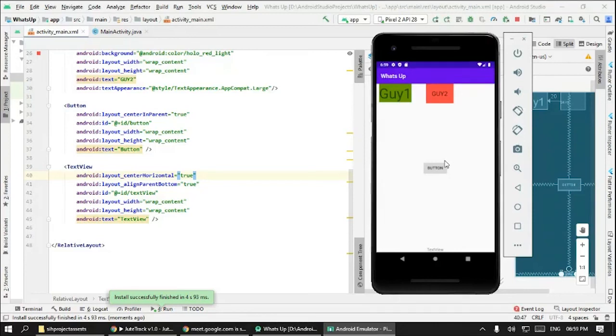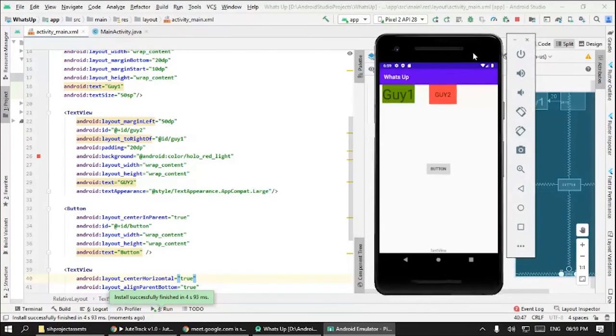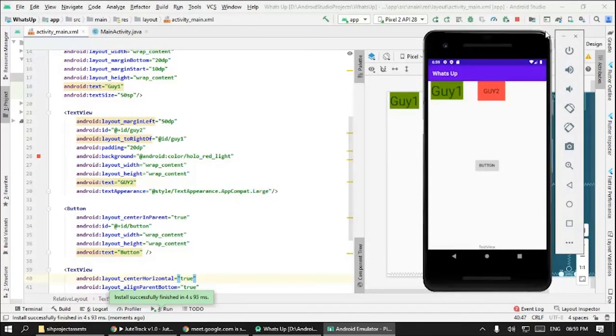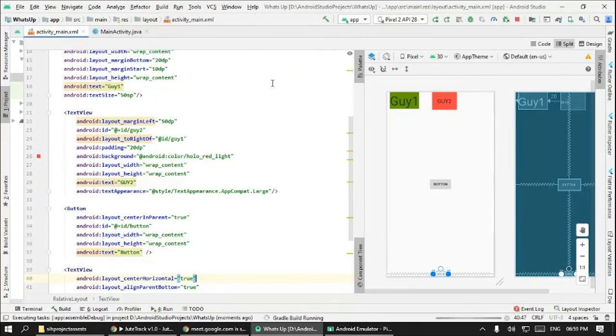I was pretty happy to have an app that was built by me. There isn't exactly any job I did here, but this application is owned by me. This app is in my name. That happiness, you can't get it somewhere else. You can only get it with Android. Just click that play button and you have an application that's your own. If you want to install this on some other mobile, just click on Build and generate a build APK, and I think it will do the job.